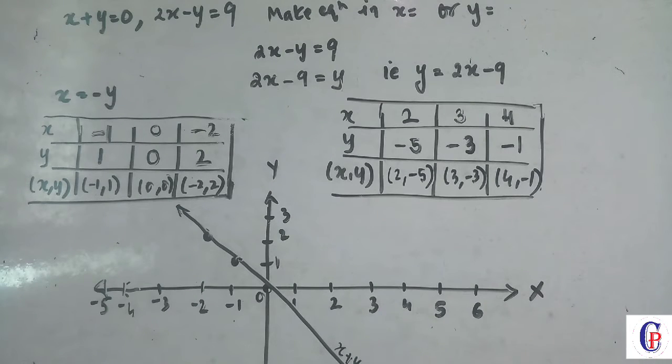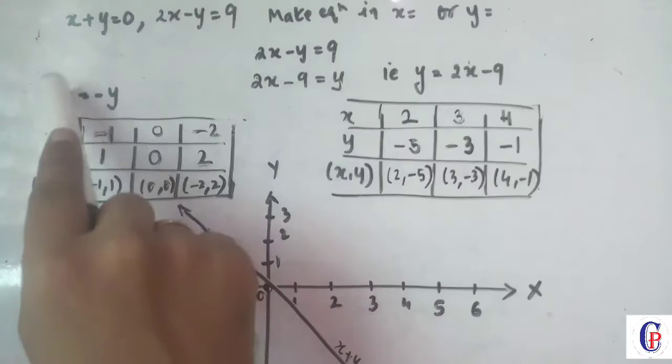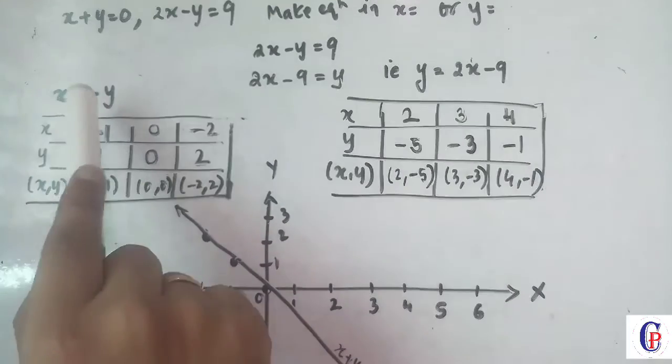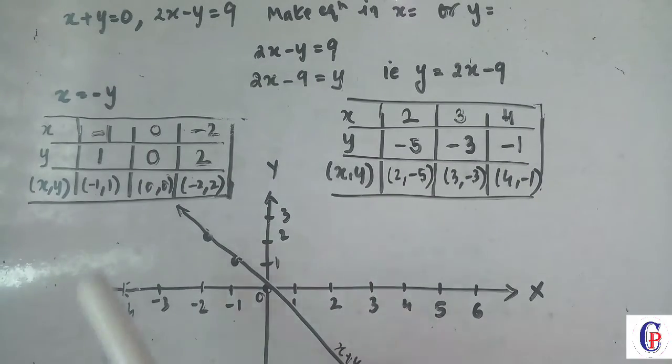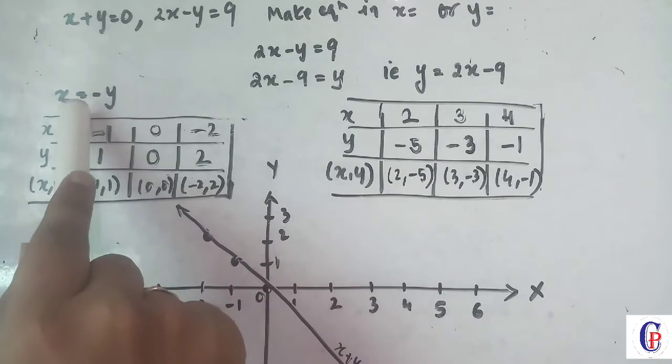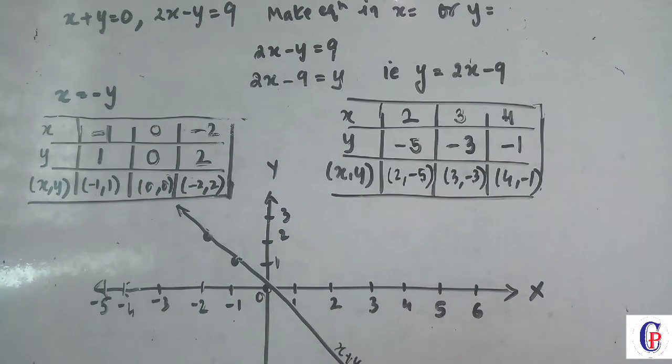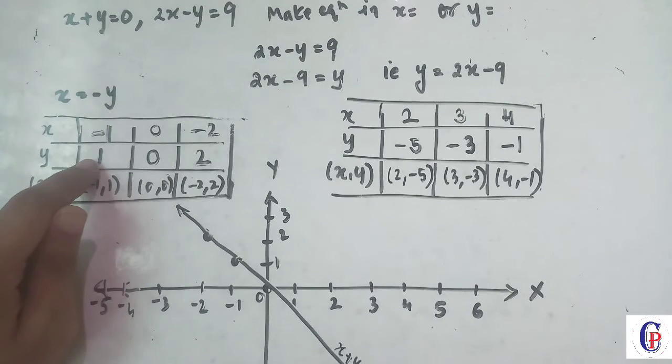So now which letter is on the right side? एक बार जब x इक्वल टू और y इक्वल टू में बन गया, so we will only concentrate here right now, x इक्वल टू माइनस y. So which letter is on the right side? कौन सा लेटर राइट साइड पे है इक्वल टू का? ये तो लेफ्ट साइड में, ये राइट साइड. So y is on the right side. So you have to assume values. You have to assume any value, any number for y. So y I have taken here 1.